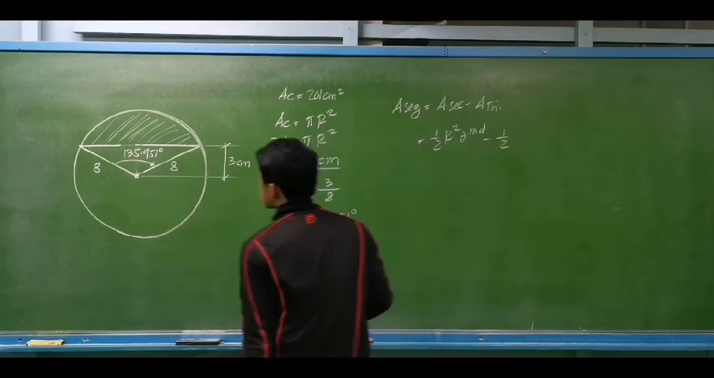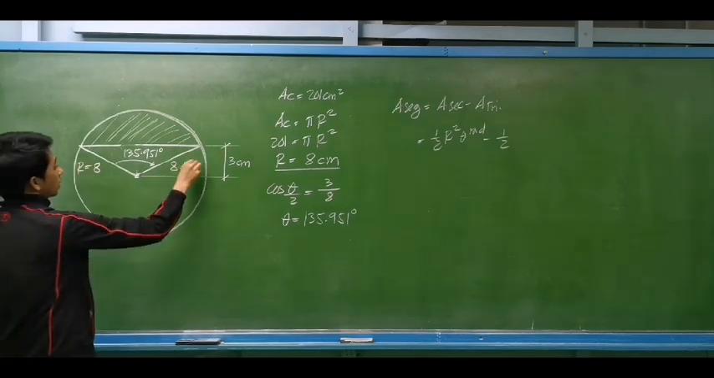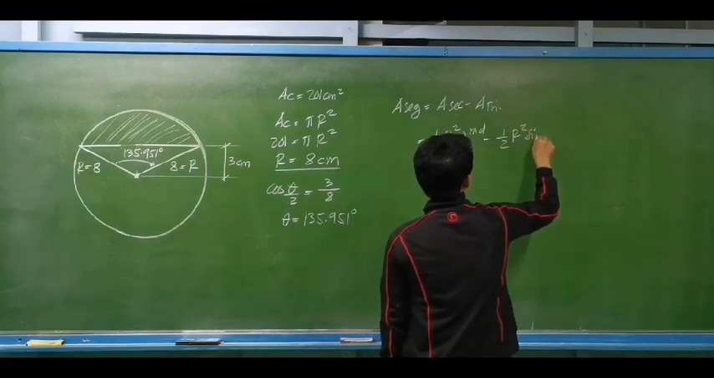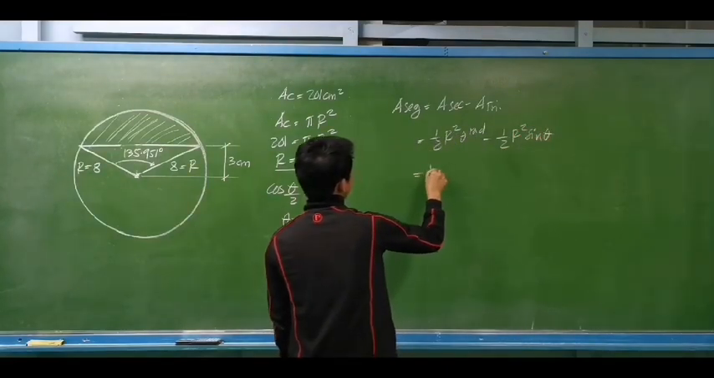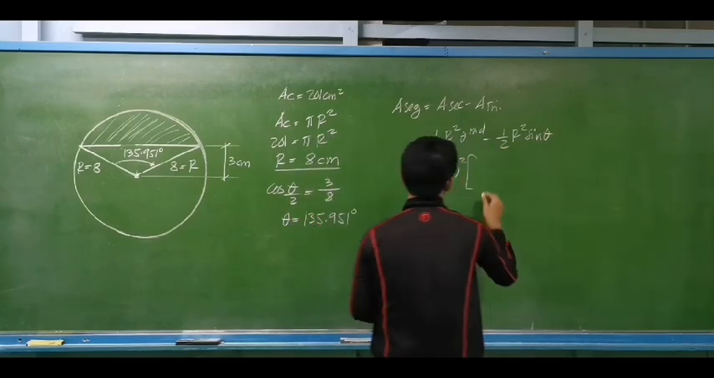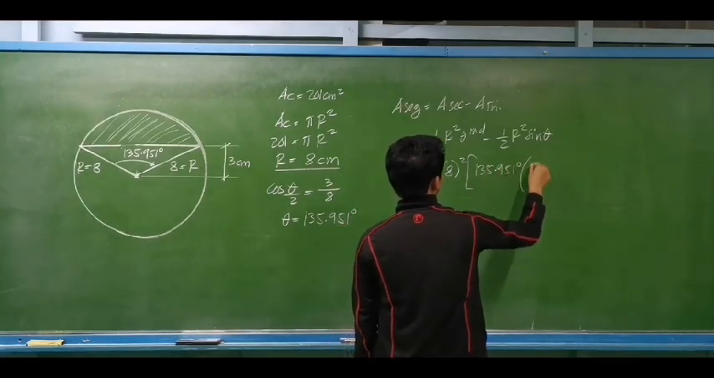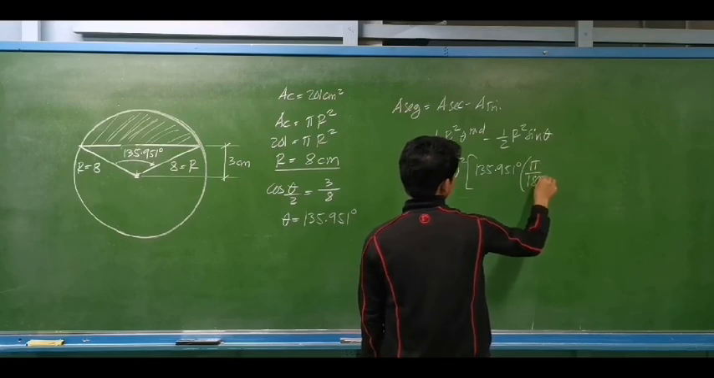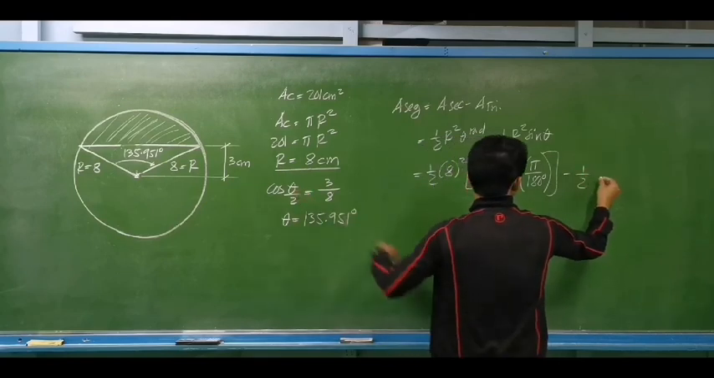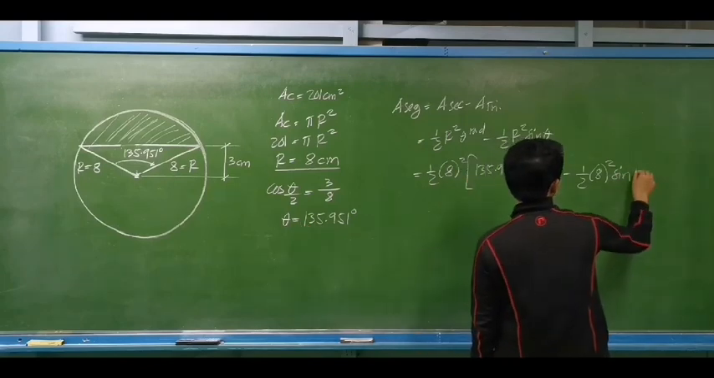Okay, we can use, since this is a regular sector, this is just the radius, and this is also just the radius. So 1/2 r times r, that is r squared, the sine of theta. So you have, this is now 1/2 of 8 squared, multiplied by, what is our central angle? 135.951 degrees. To be in radians, multiply by pi over 180 degrees. Then minus 1/2, what is the radius? This is 8 squared, the sine of theta, the central angle being